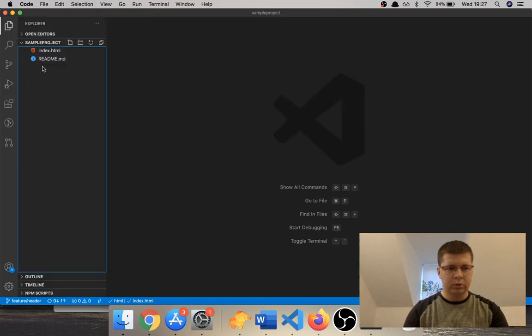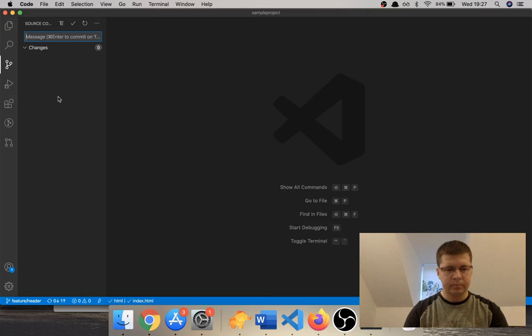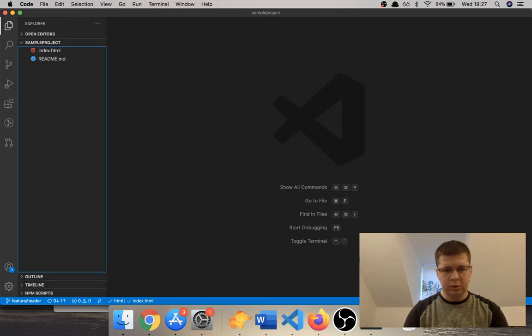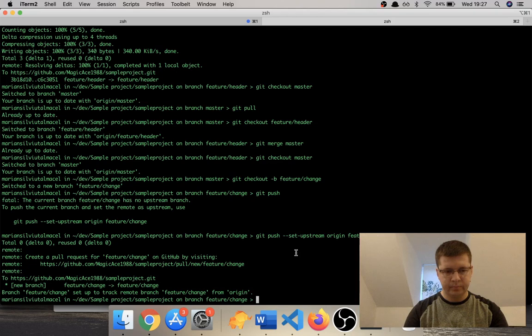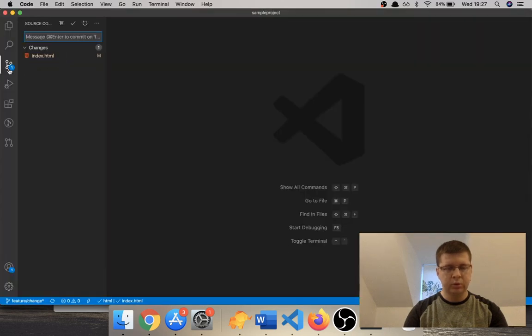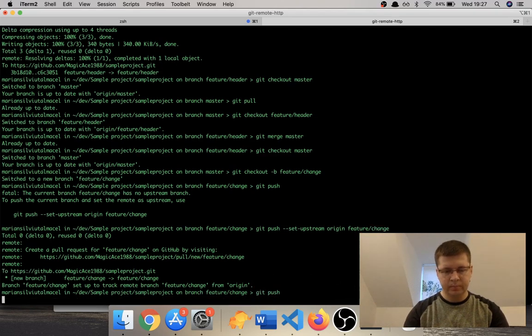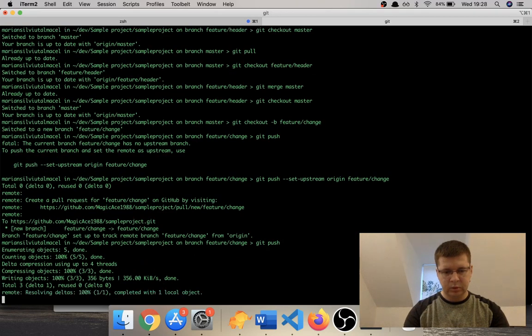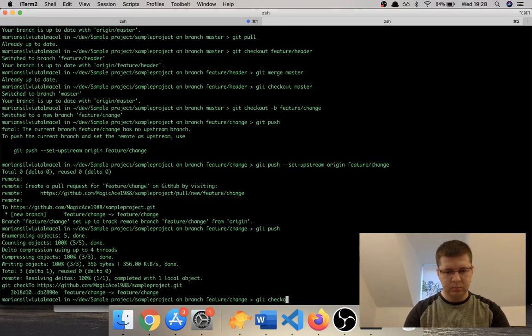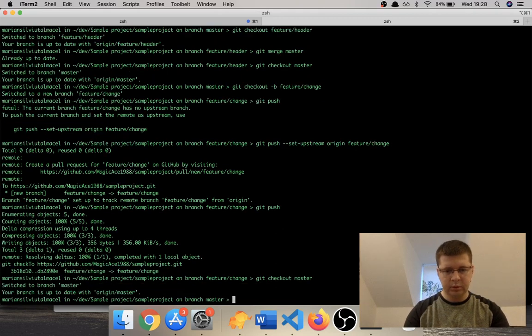Okay, why is it not showing me the changes? I think it's getting a little bit slow. Okay, now it's showing. Okay, committing this something, right? And now I will git push, git checkout master, and git merge feature change,